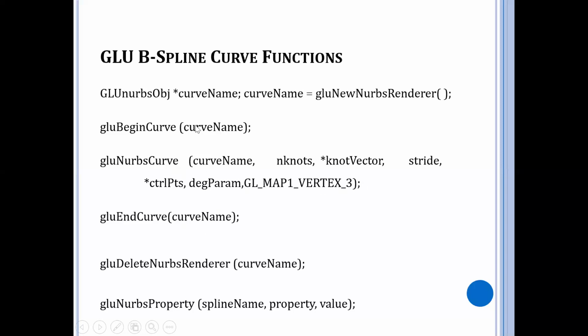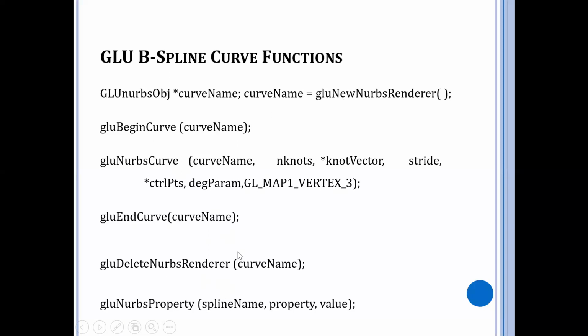Here you have a begin, which tells it is the beginning of the curve, and here we have the end, which says that is the ending of the curve. Pretty much similar to what we saw in the previous section on surfaces. Next, we eliminate a defined B-spline with delete NURBS renderer.